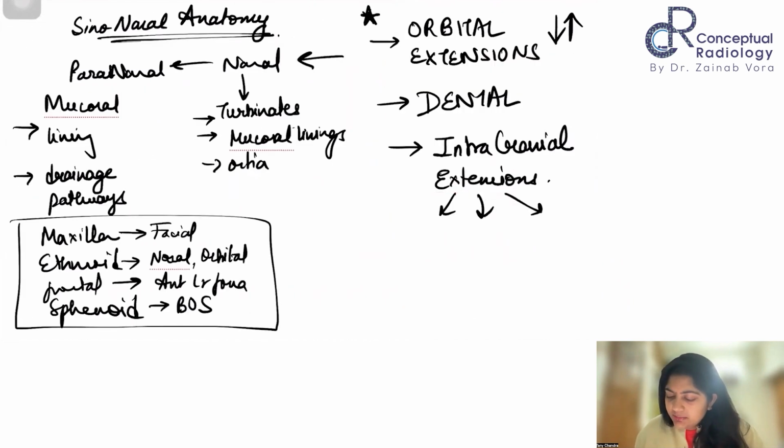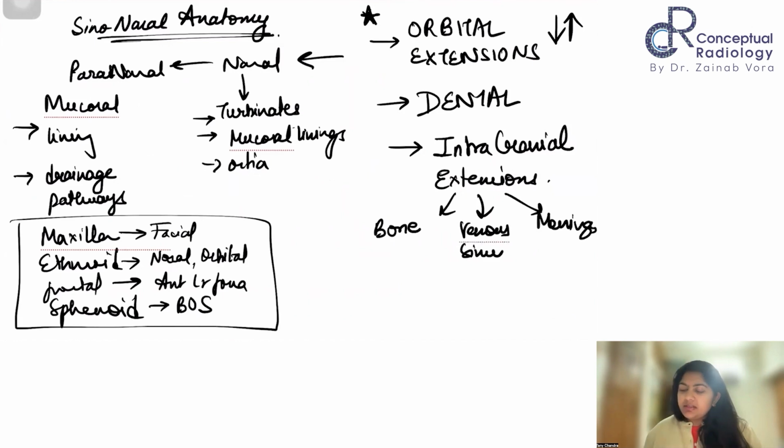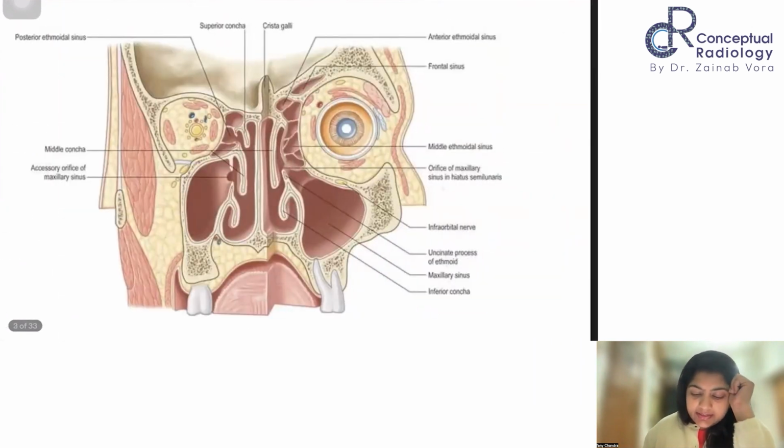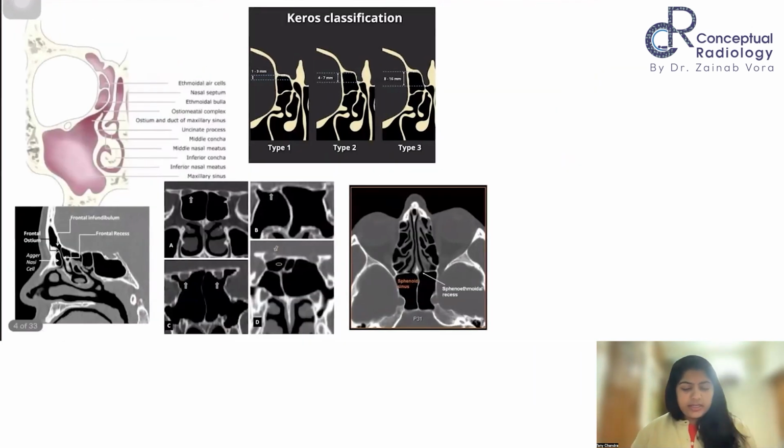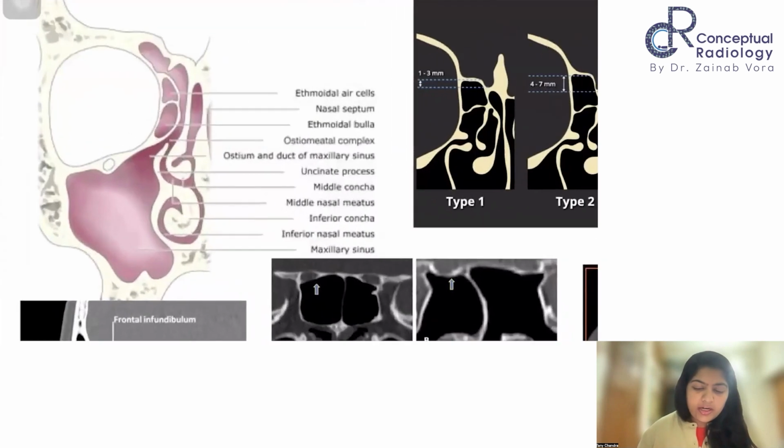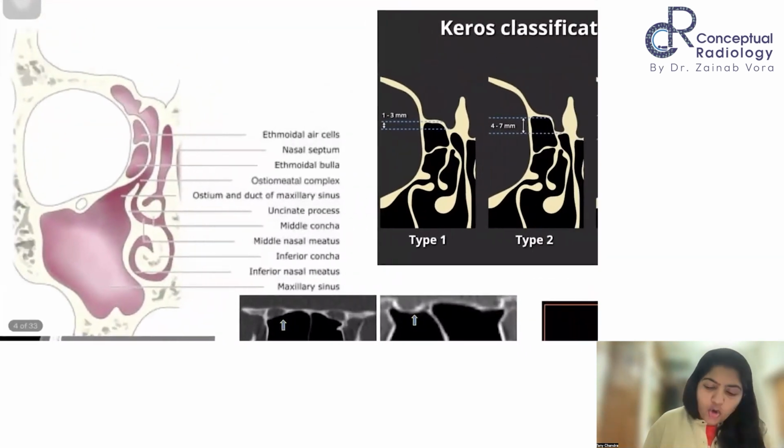Intracranially, it can be direct, so it can be involving the bone, the venous sinuses, along the meninges, right? So these are the structures which you will have to see. Whenever you are suspecting that this is extending into something, these are the intracranial structures which you are going to look at. Next, if we go on, usually you get a long question on